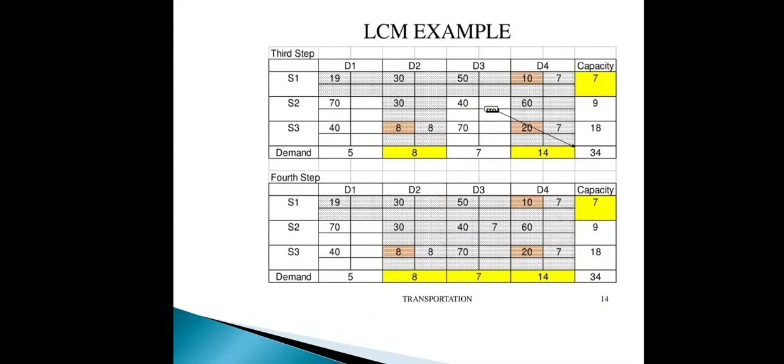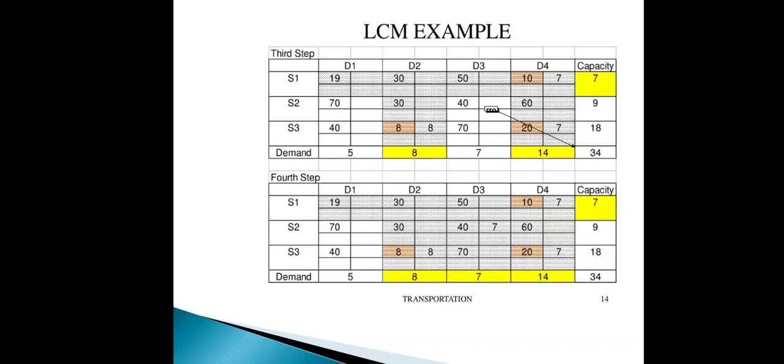Now we have only 2 rows and 2 columns. Again we check the least value in the problem. The least value is 40. 40 occurs in 2 places, that means second row third column and third row first column. We can take either place as our choice. Now we take second row third column. There we check the corresponding capacity and demand. Capacity is 9 and demand is 7. So 7 is minimum, and we take 7 in that cell. So 9 minus 7 is equal to 2. Now demand is 0, so we cross off the third column.